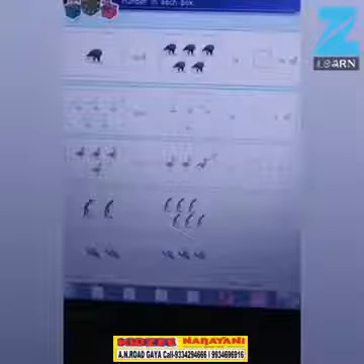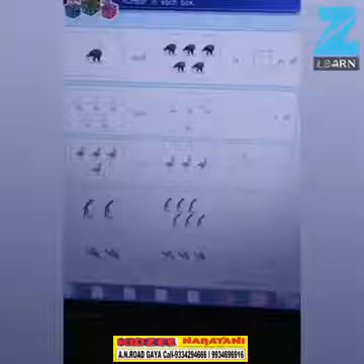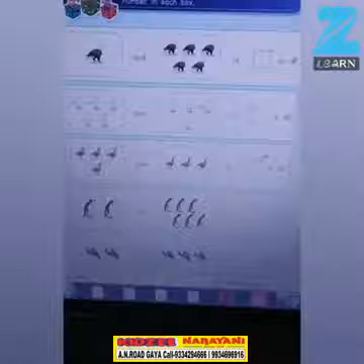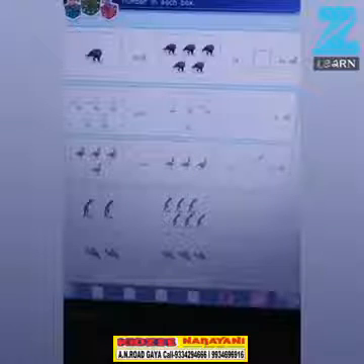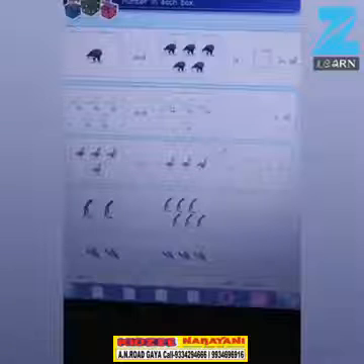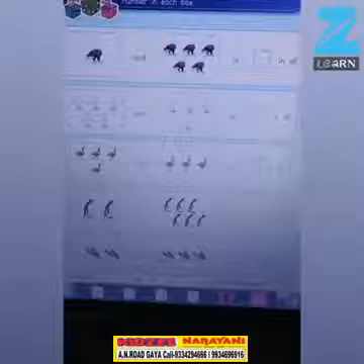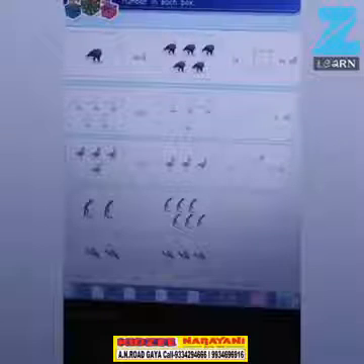So children, 4 and 3 is how many in all? Think. 4 and 3 is 7 in all. Very good. So let's check out the next picture now.